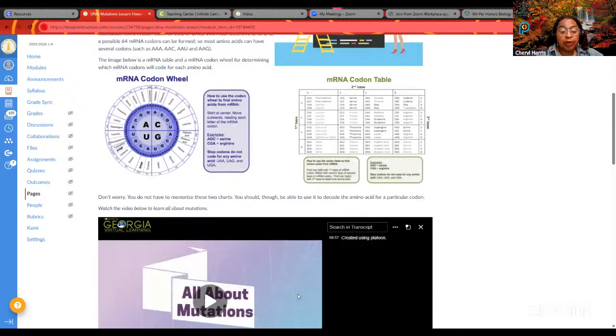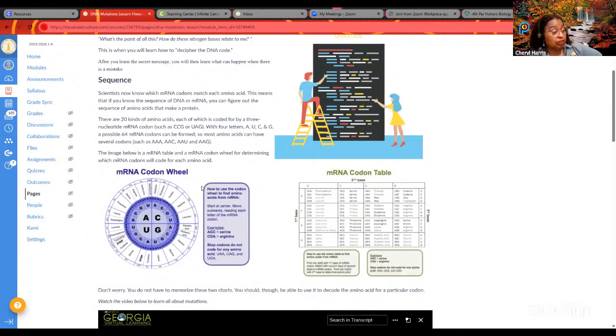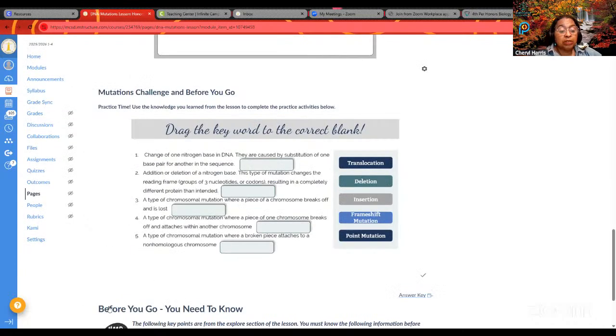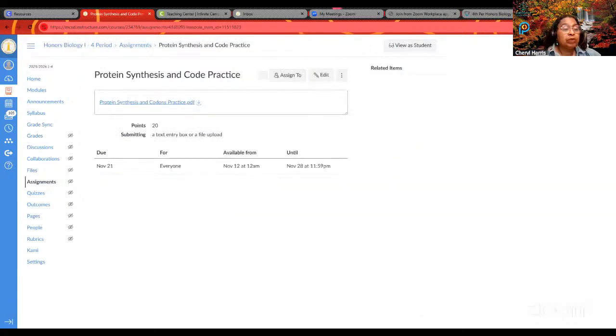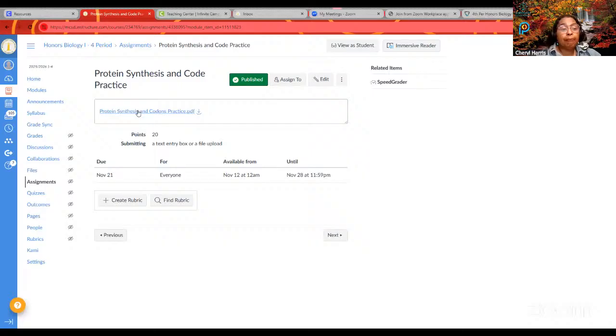Next week we're going to talk about mutation. So it's important that you understand how this goes, because next week we're going to do the same thing, coding the same way, except we're going to look at how we get a mutation. Ask questions if you don't understand, because you need to form a foundation of understanding before we can go on to the next one. Okay? All right, speaking of a foundation,